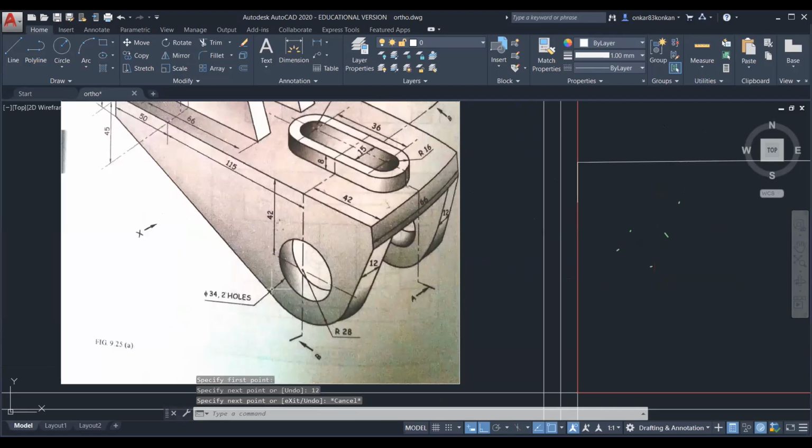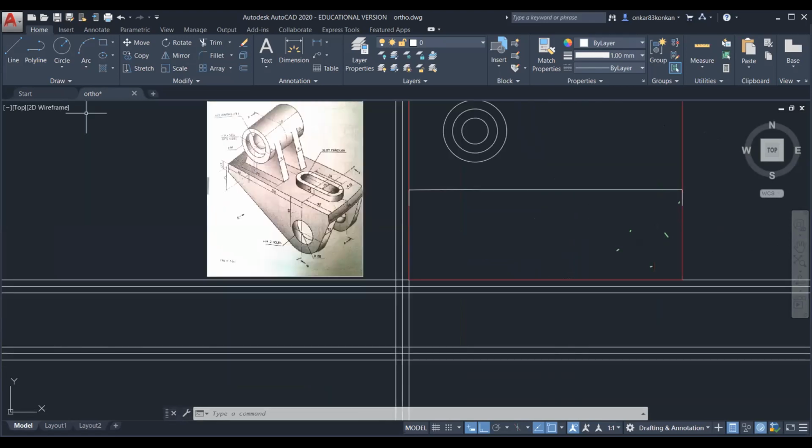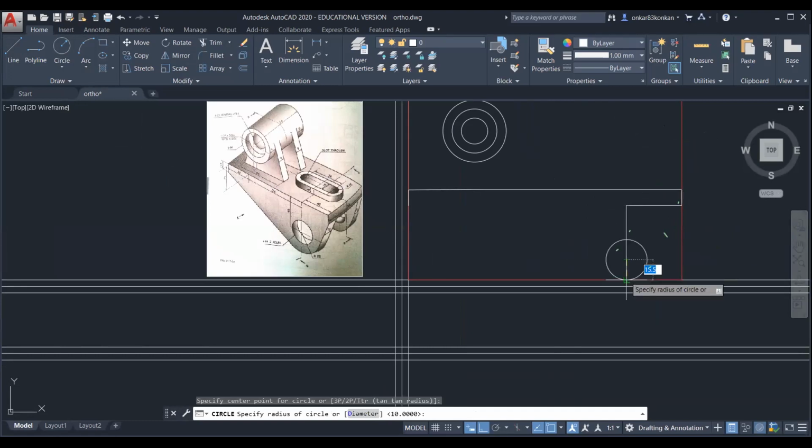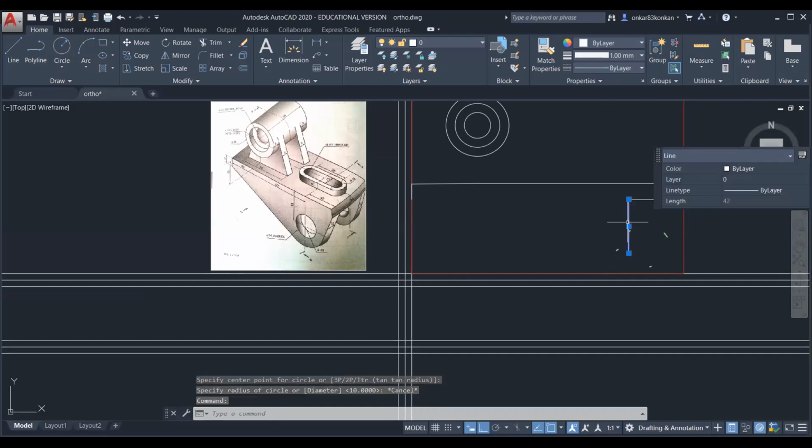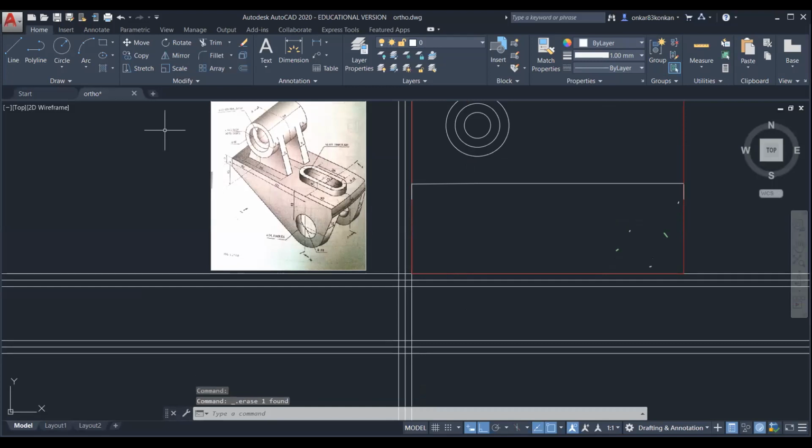Now you can draw this circle. The circle is at 42 mm from this point. So you can start from this point, just draw one reference line. Again, take 42 mm in the downward side. And then draw the circle. From this point, it is 42.